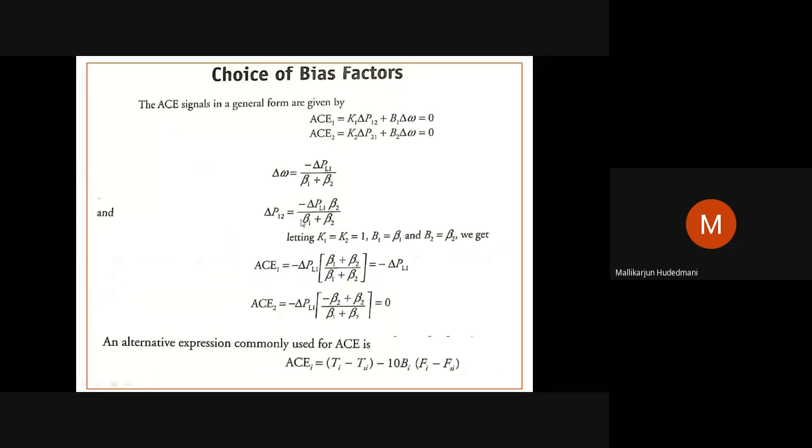This was the derivation we have seen for load change in area 1 only, load change in area 2 only, and load change in both areas. They were the three sub cases. From the first case, it is being drawn. Letting K1 equal to K2, gains are the same, and B1 equal to beta 1, B2 equal to beta 2,